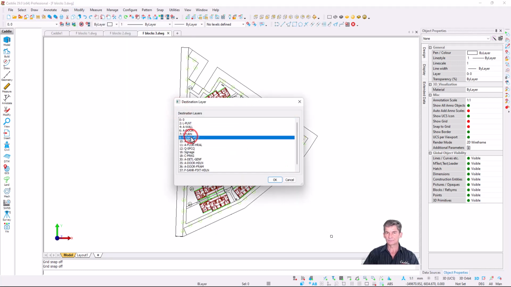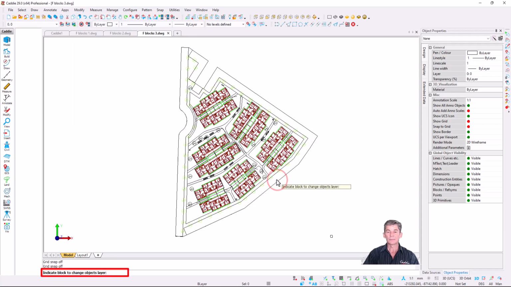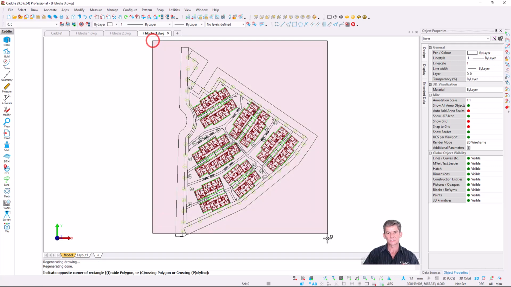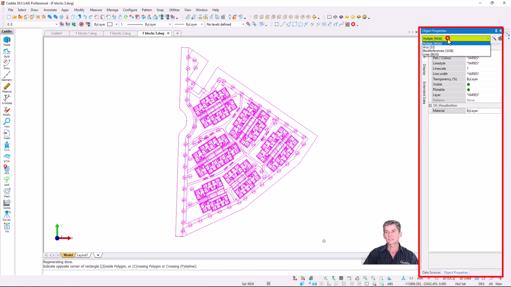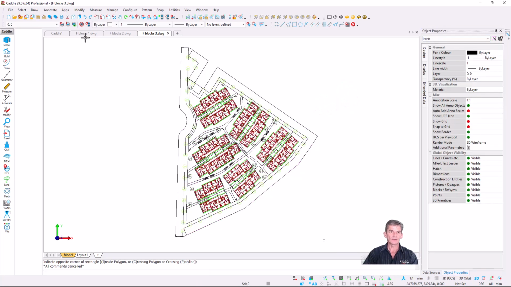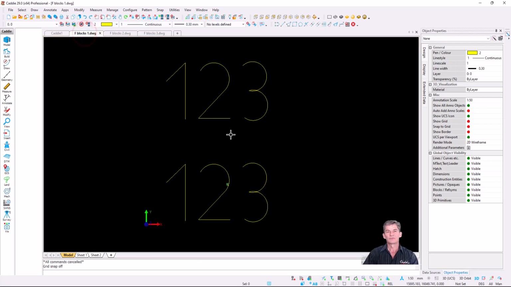You indicate the destination layer, you say OK, but then Caddie asks you to indicate the block to change the object layer. So then you have to go and click on each and every block. What I'm going to show you now is in this drawing, if I just select the content, there's 1038 blocks. So that's going to take a while to go and click on each and every one. So before I show you the enhancement, let's just recap the basics for using